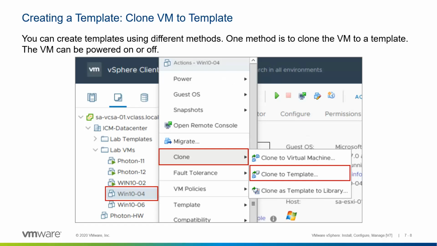How can you create a template? Well, first you have to create a virtual machine, install the guest operating system, configure all the security policies based on your company's policies, and make sure VMware Tools is installed. Make sure all the patches and stuff are installed onto that system. And then preferably go ahead and power it off after all that's done. You don't have to, but preferably you power the thing off. Once it's powered off, you can convert or clone the system